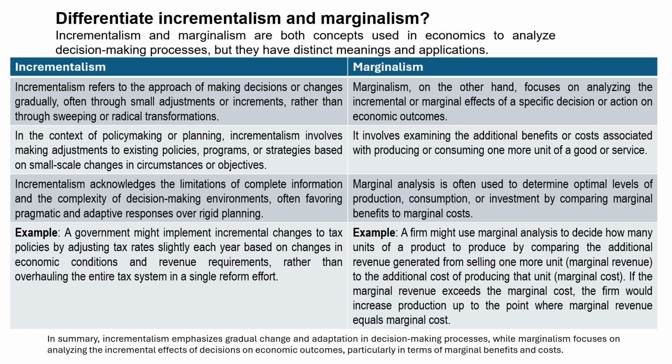Example: a firm might use marginal analysis to decide how many units of a product to produce by comparing the additional revenue generated from selling one more unit, which is marginal revenue, to the additional cost of producing that unit, which is marginal cost. If the marginal revenue exceeds the marginal cost, the firm would increase production up to the point where marginal revenue